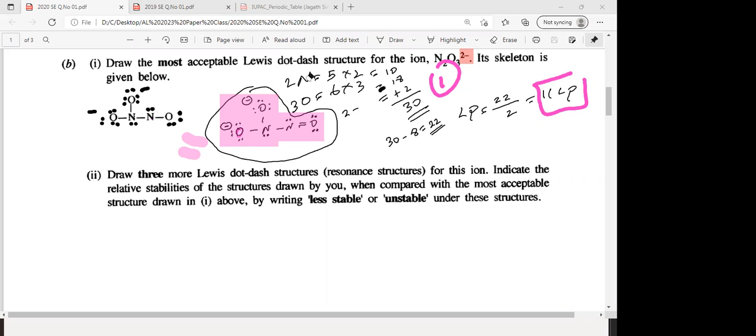One possibility you can have. The other possibility, look at the screen. Now this nitrogen has not reached octet. Then you can shift the one from here to here. That is one. Or you can